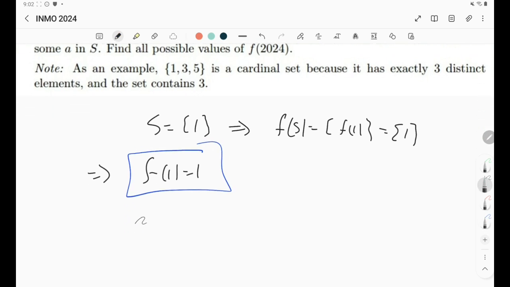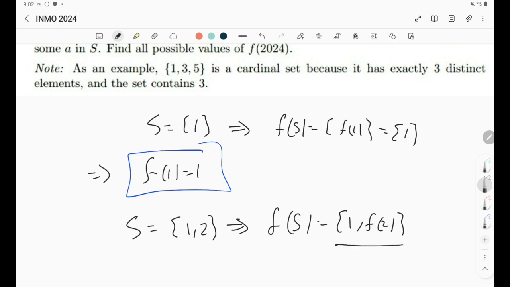Now let's pick two elements. If we want to pick two elements and we want our set to be cardinal, then we're going to pick number 2 and something else. For example, if you just pick 1 and 2, then f of S is going to be, okay, f of 1 we already know it's 1, and we're going to have f of 2. Now this thing is cardinal,